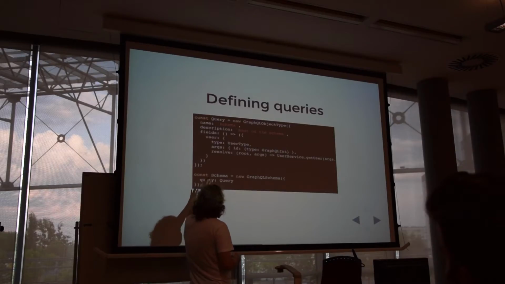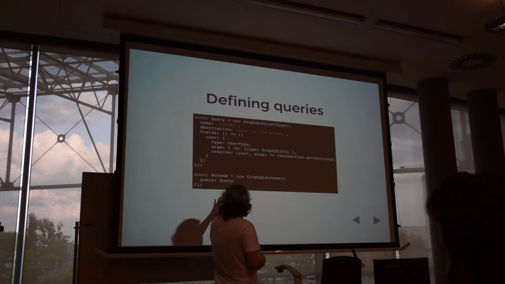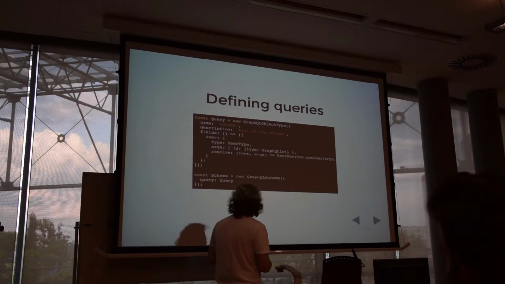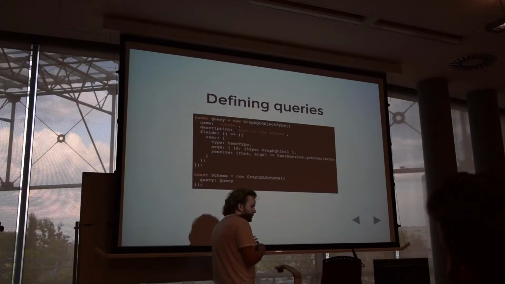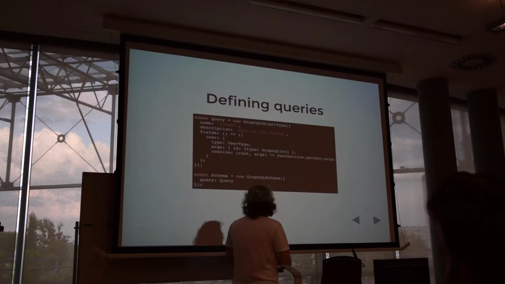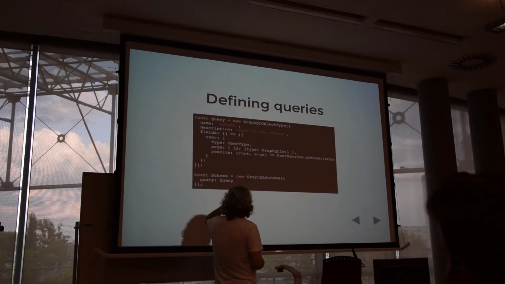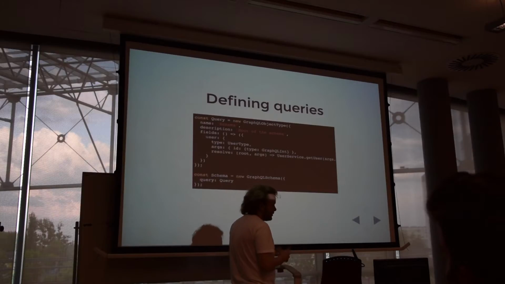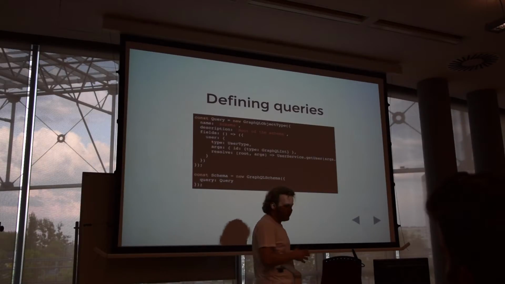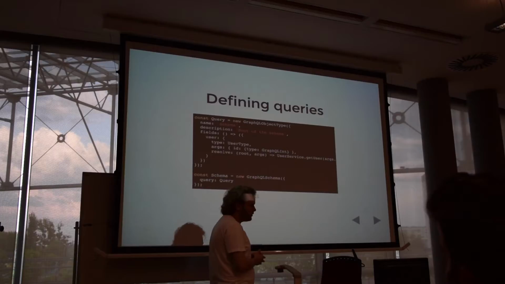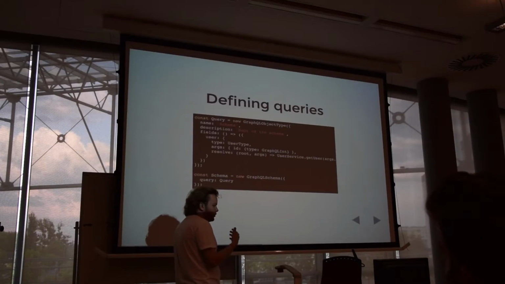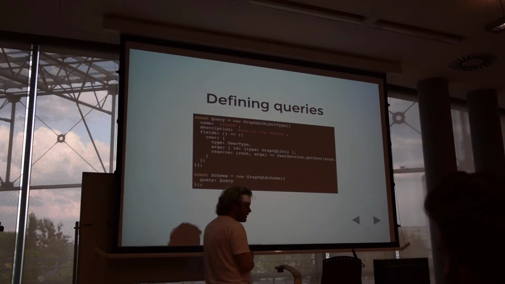And on this user field, first of all, we declare what type the user field returns, and here I use the user type, the declaration of which I will show later. And then we declare the arguments that this field accepts, and here this field accepts the ID argument, which decides